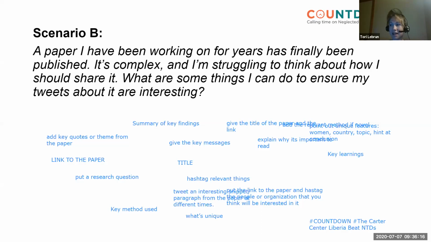And definitely, if possible, start ahead of time before you actually have published your paper, just sharing not any findings, but sharing about your work that you're doing in general, and following people in your field so that when you're ready to release that paper and to tweet about it, you'll have followers who are ready to hear about it as well.